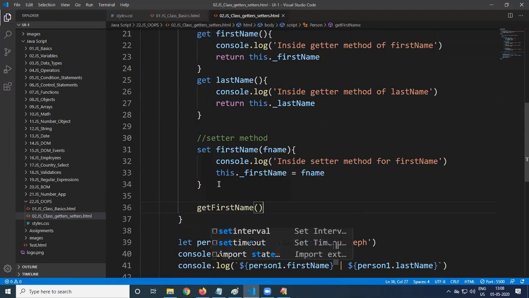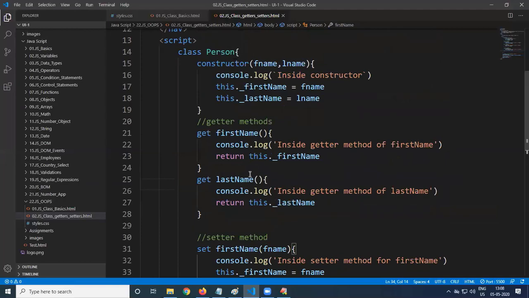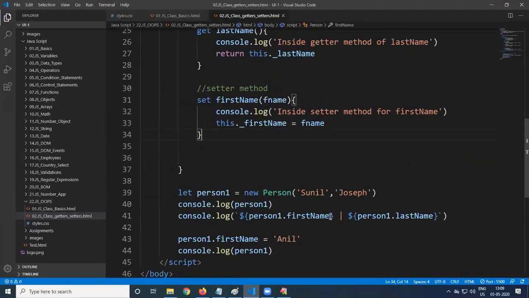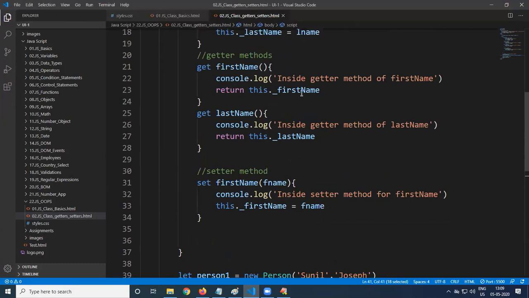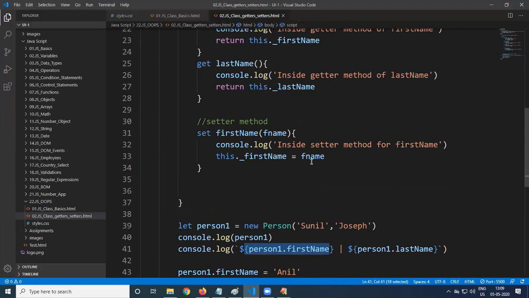Getter and setter is like this. If you define it as a normal method, then you have to use the opening and closing brackets. When you are accessing first name, it will call this method, and this is used for getting the value of the first name. So this is what getter as well as setter methods are.